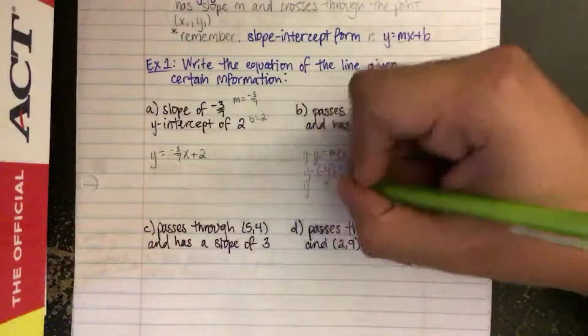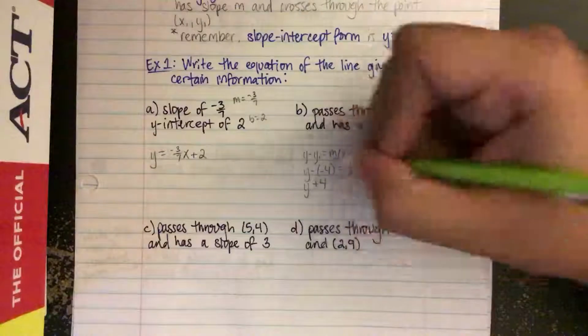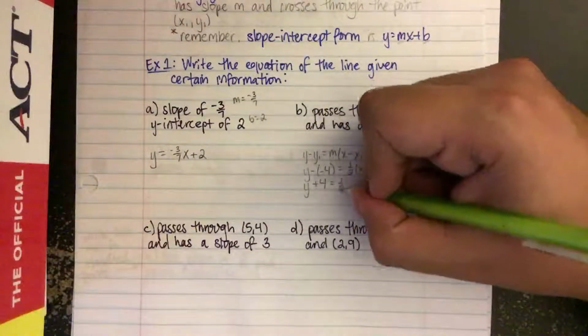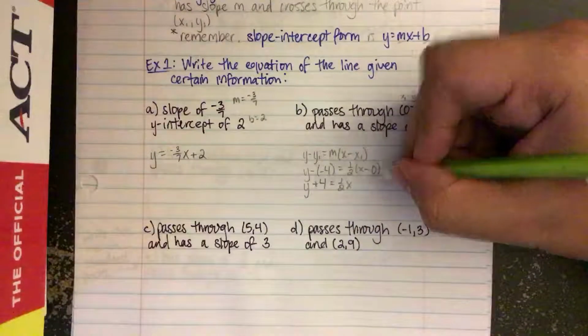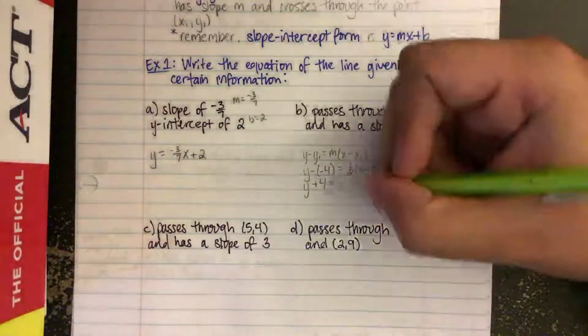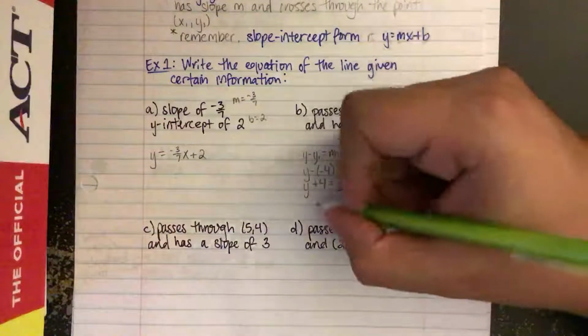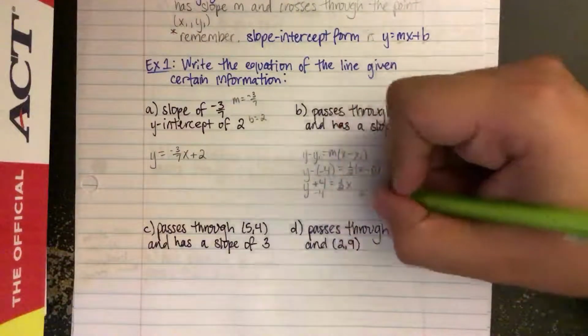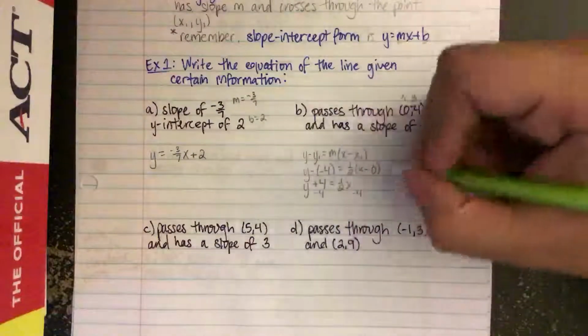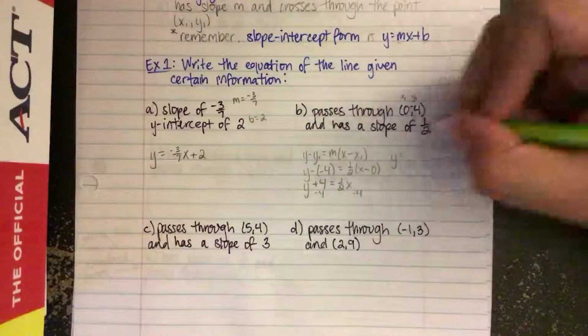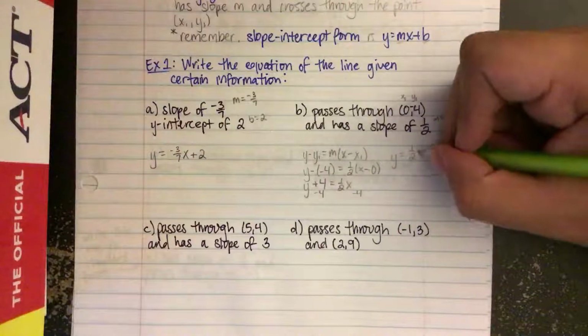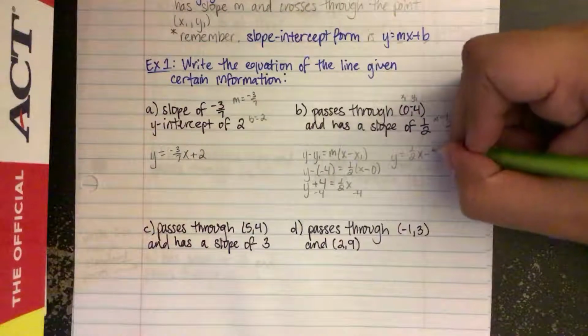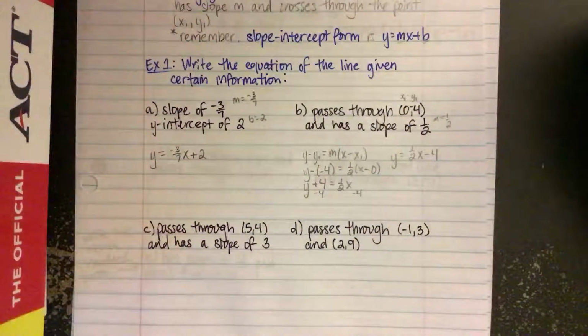So we have y on the left-hand side plus 4 equals 1/2 x minus 0, so we don't really care about that 0 anymore. The last step is just to subtract the 4 over from both sides. So I get that the equation of this line is y equals 1/2 x minus 4. Okay,